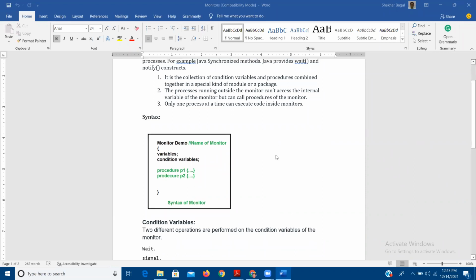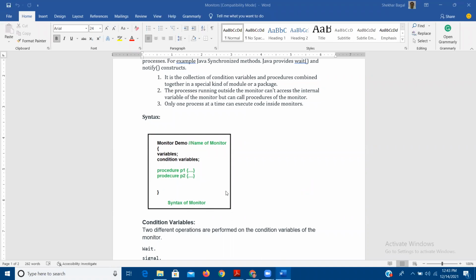Okay, syntax of the monitor: demo is the name of the monitor. You may change the name of the monitor also. Then opening curly bracket, variables, condition variables. You can declare your own variables which you want to utilize inside the monitor. You may declare the condition variables also. Then procedure P1, procedure P2.